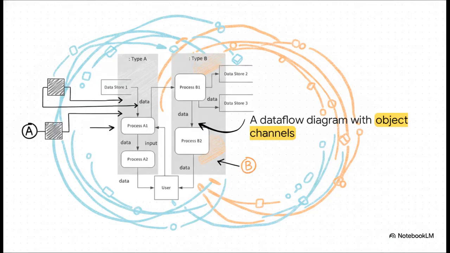Let's move on and see how this builds visually in this data flow diagram. Notice the integration here. We have traditional static processes moving data from one store to another, but they are intertwined with object channels mapping to type A and type B. It perfectly shows how we can take classic, statically structured data flow diagrams and seamlessly weave dynamic business objects into them to handle specific behavior. It's the absolute perfect marriage of static modularity and dynamic object orientation.